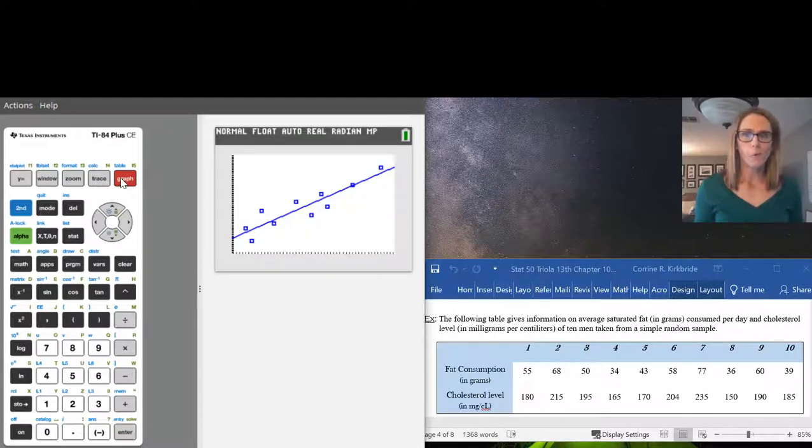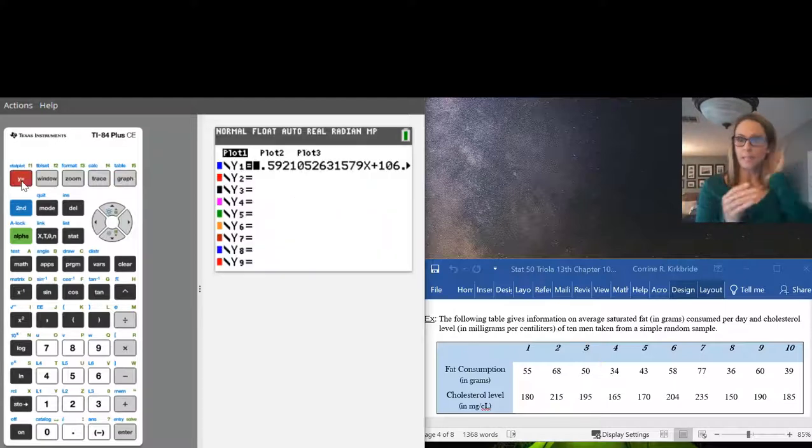Now you might be wondering, well, where is that equation? It is at y equals. So if I press y equals, you can see that it's taking the values for a and b from the work that it did on LinReg, and it's putting them into Y1. Now, if you were instead to do LinRegTTest and you already have your regression equation, you can also just press y equals and put it right into Y1.